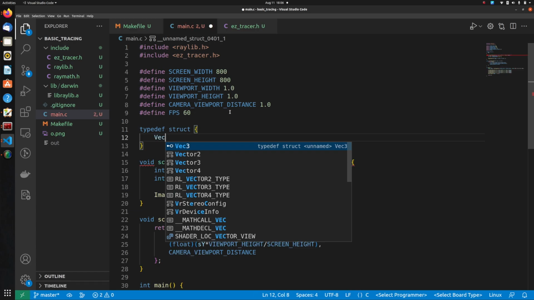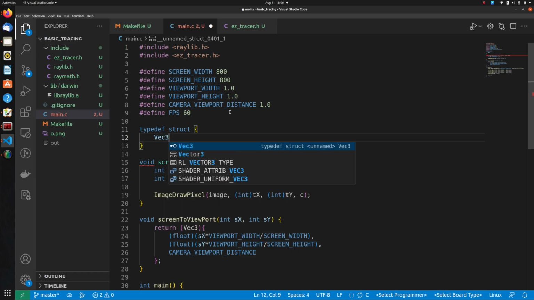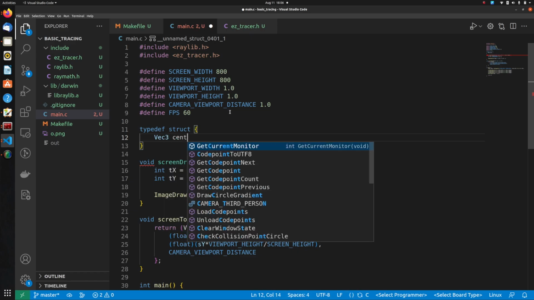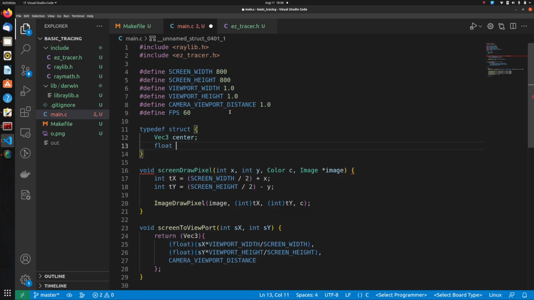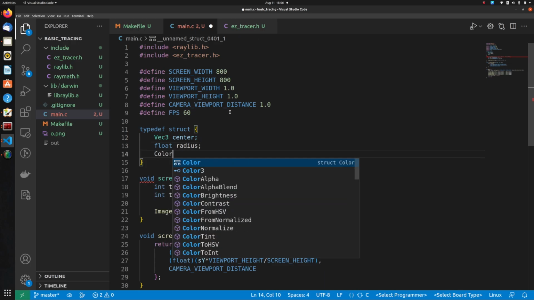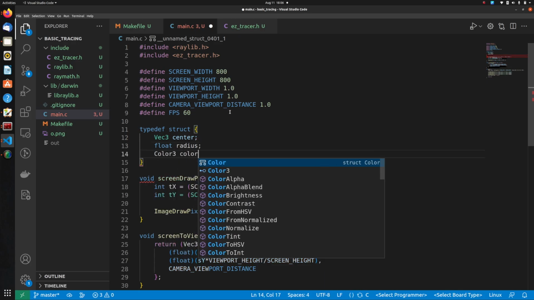The first component is the center of the sphere. The second component is obviously the radius of the sphere, and third is the color of the sphere, right? So let's do that. So vec3 center, float radius and color3 color,